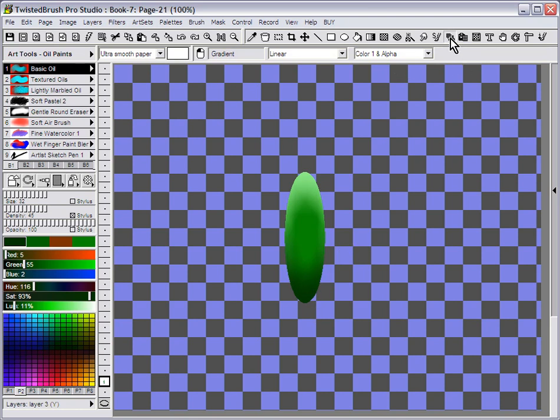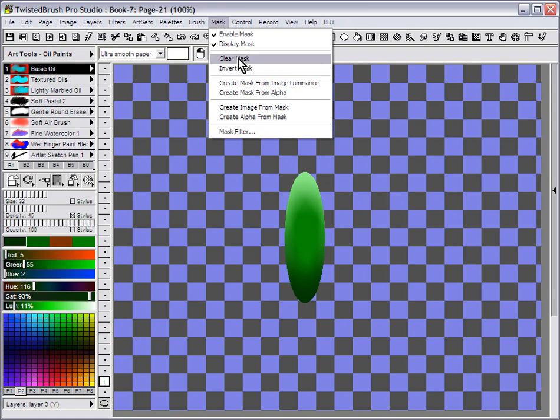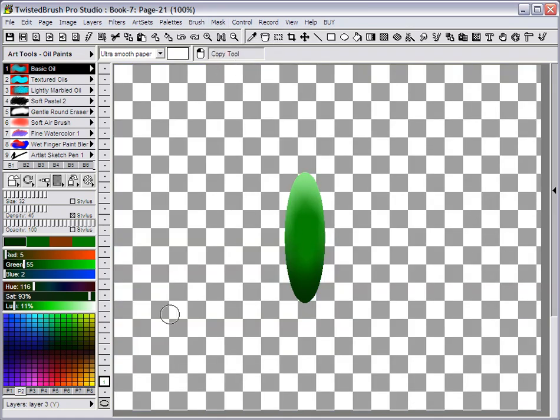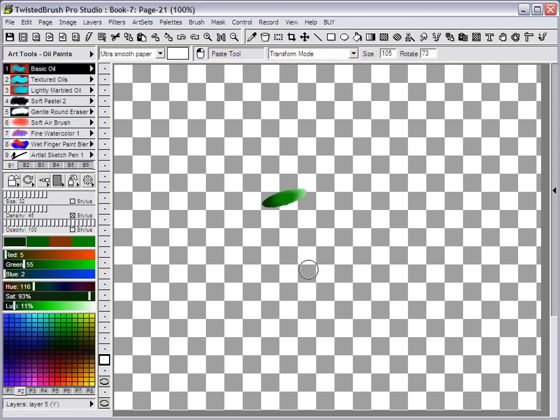Now I'm selecting the copy tool. Click and drag to copy this to our clipboard. We're not going to need the mask anymore, so I'm going to clear the mask, and we won't be using this layer anymore for this video. I'm going to hide that, create a new layer by clicking on the layer menu bar. Go to the paste tool, and now click and drag, holding the control key to move it,